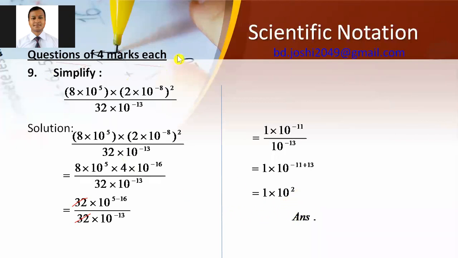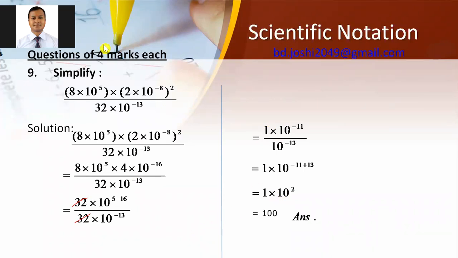In the last step you can write 100 as well. Okay. Or we can leave it as it is. It is equal to 10 square is 100. If it is not said anything, if it is not said to write it in scientific notation, our answer will be 100. Okay. Or we can leave it as it is also. You can leave it like this, or you can write 100. It is clear or not?